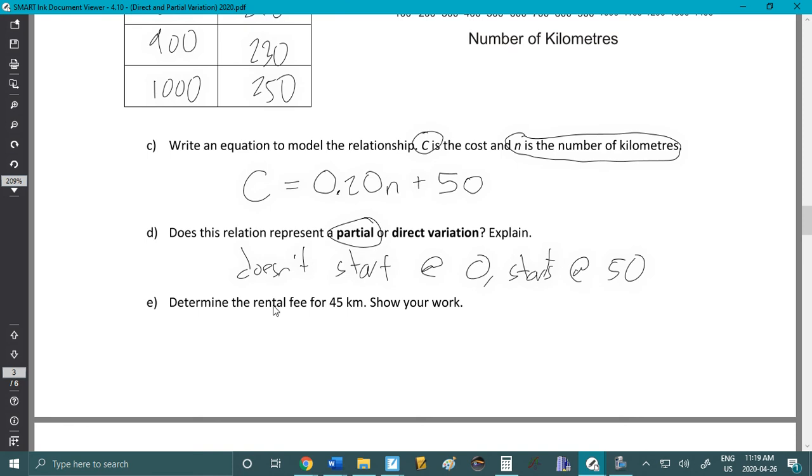And finally, determine the rental fee for 45 kilometers. So for this is probably the most important new thing today. Direct and partial is going to be pretty easy. So what we do here is for 45 kilometers, that's going to go in for n. So it's going to be 0.20 times 45 plus 50. So C equals,